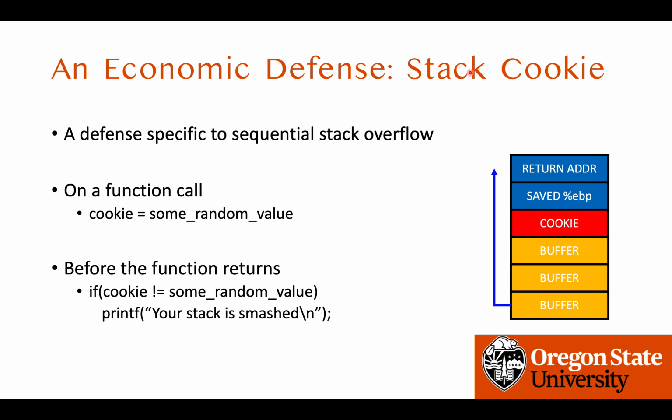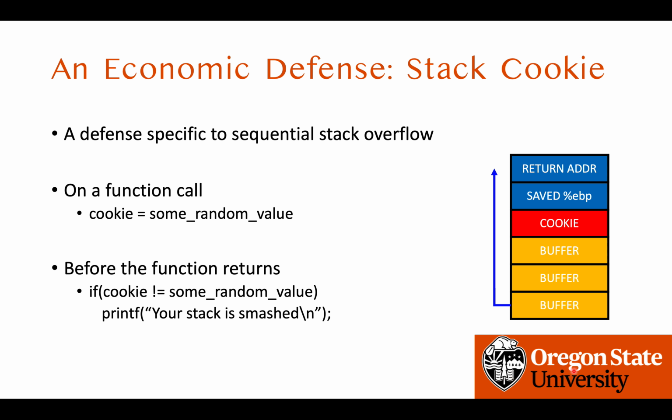The mechanism is very simple. Put a random number in the stack right below the saved EBP and the return address. If this cookie value has been modified, the return mechanism will kill the program. This defense is specific to sequential buffer overflow. Sequential means overwriting starting from the buffer up to the return address,